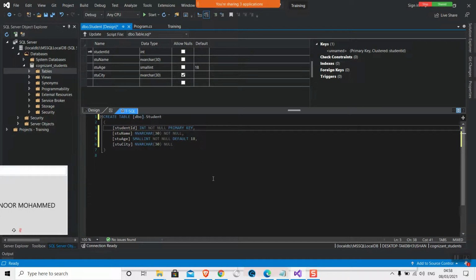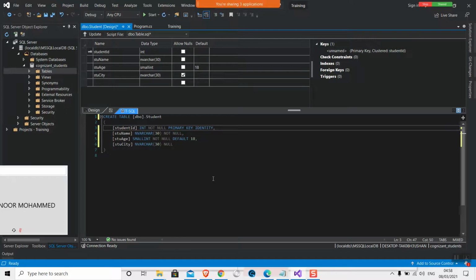And I would suggest one more thing: whenever you are creating a primary key with an integer or any kind of numeric type, write the keyword identity here. Every student needs to be provided a unique ID.